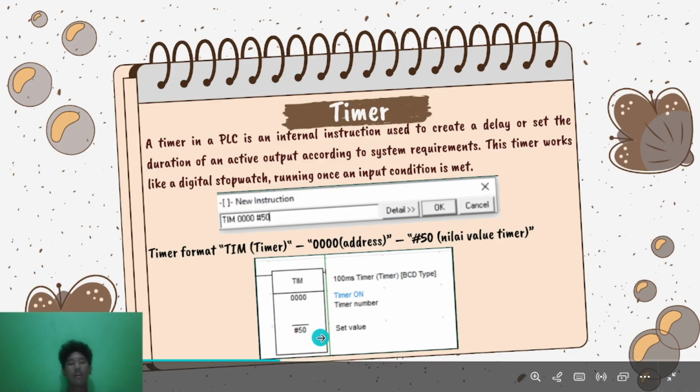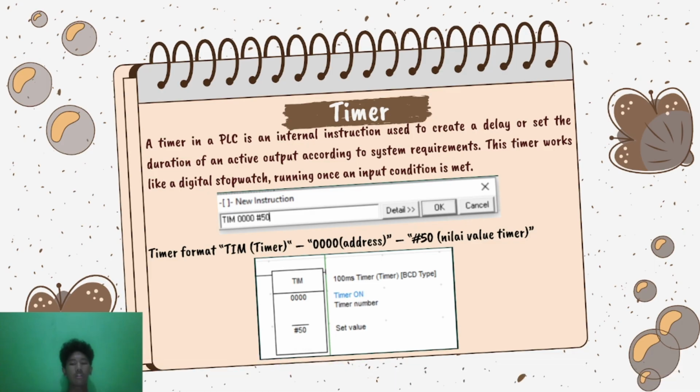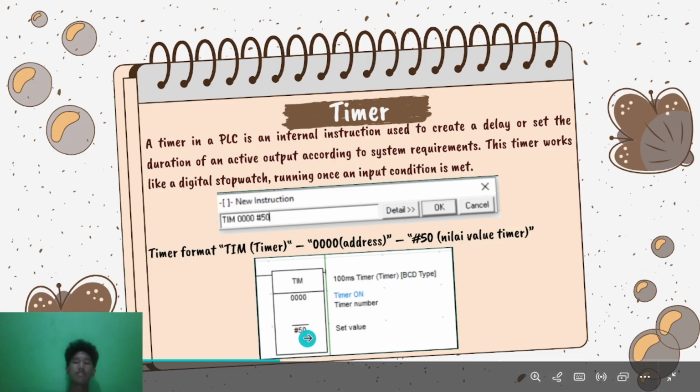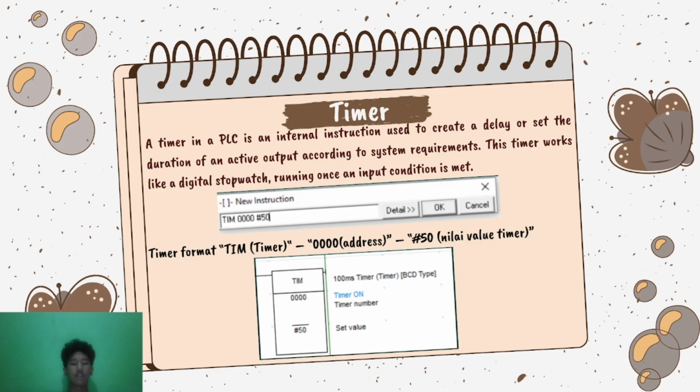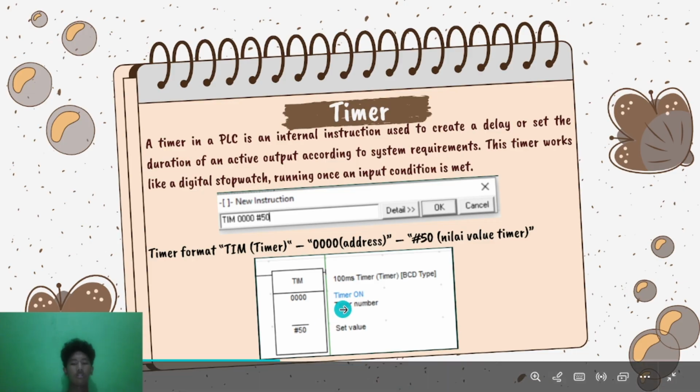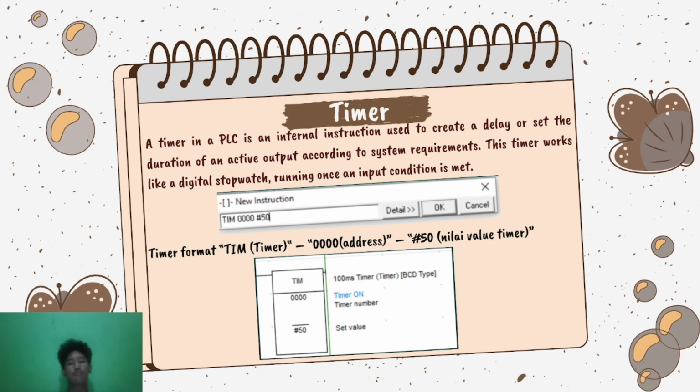Then #50 is the set value, the preset value entered earlier, meaning the timer will run for 5 seconds. The description, 100 ms timer or BCD type, means the timer increments in steps of 100 ms. When the timer is on, it starts running when the condition is true or on.